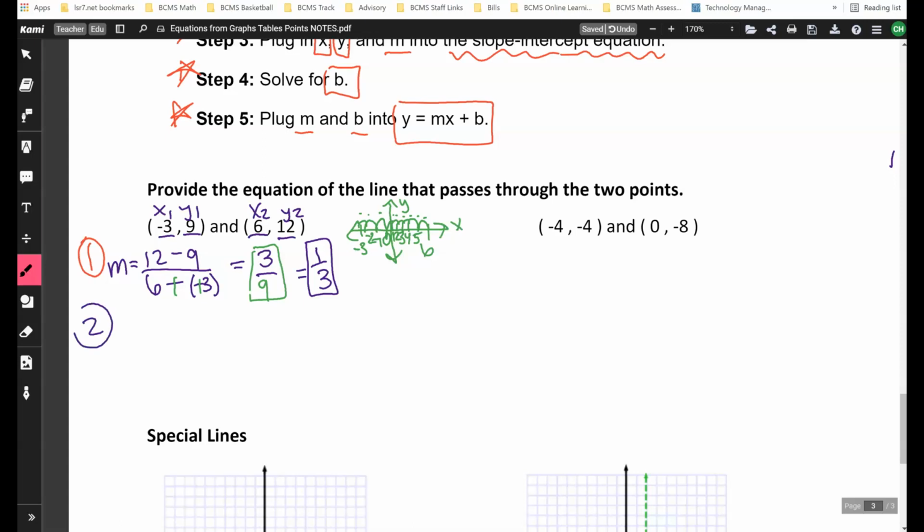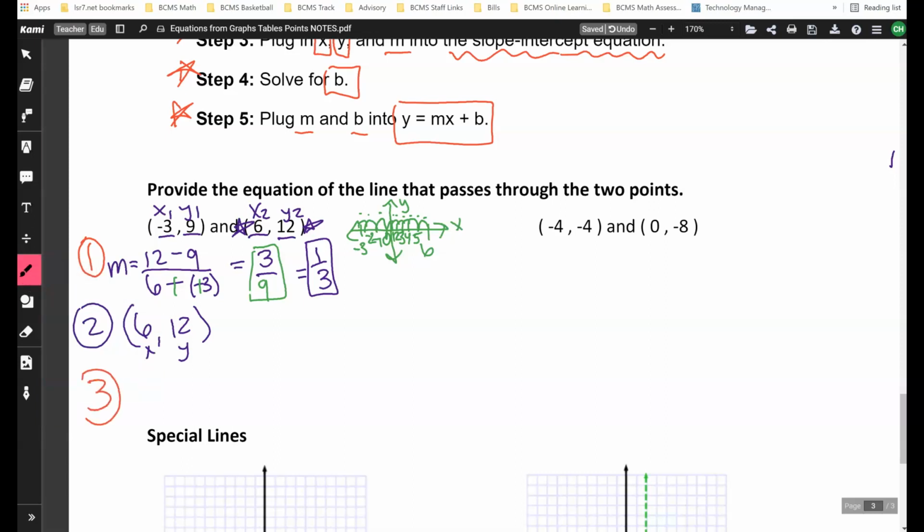Second step, pick a point. So you got a -3 and a +9. That's an ordered pair, 6 and 12. Okay, we want to stay away from negatives. So I'm going to take 6 and 12 and use those as my x and y value when I plug it in here in just a minute to help me solve. Okay, so 6 and 12 is the point that I chose,